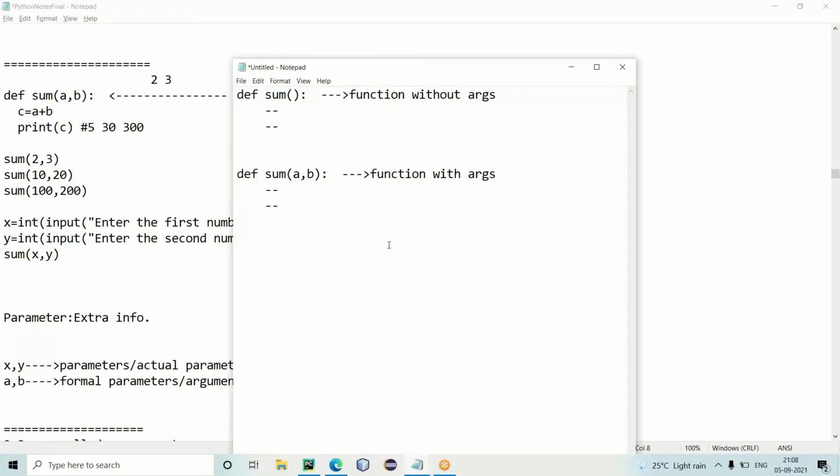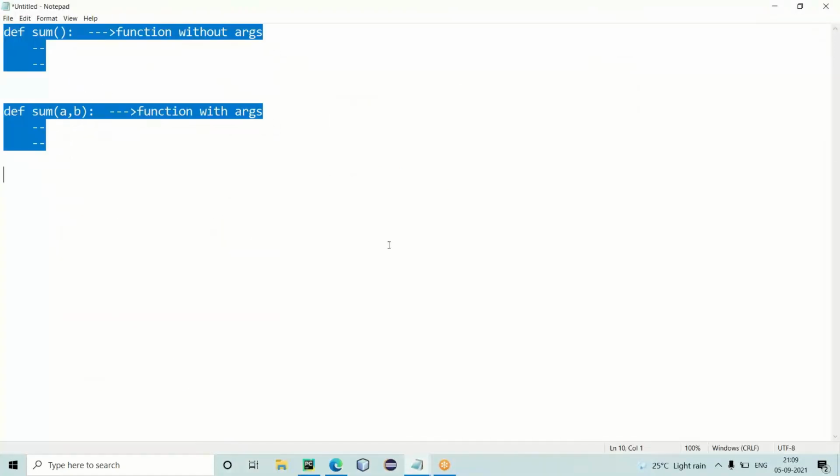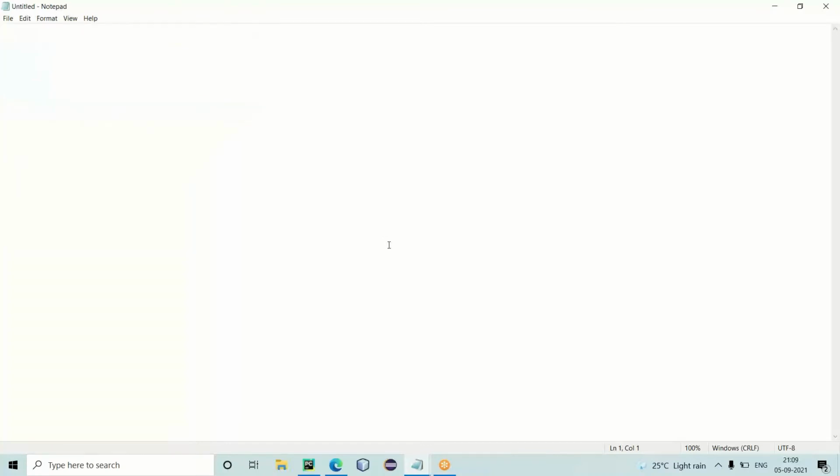Okay. So now what we will do, see, we will have to see an important concept called function returning values. But before seeing that, I will tell what is returning, why to return and all. So to understand that concept, firstly, I will tell you a concept called local and global variables. Based on this, we can understand the functions returning and all.